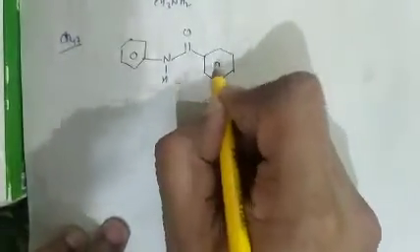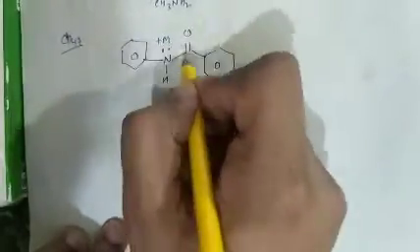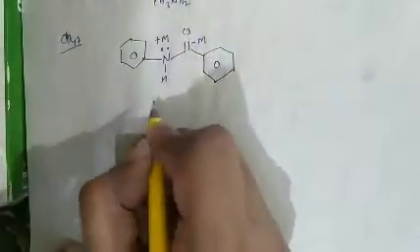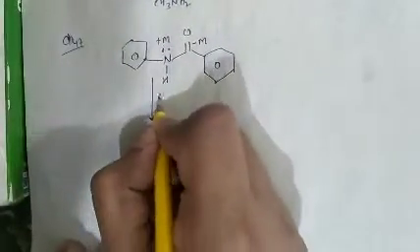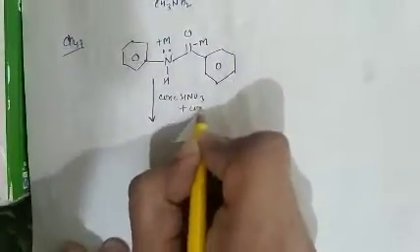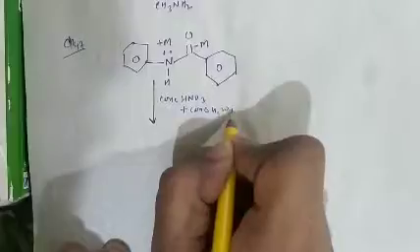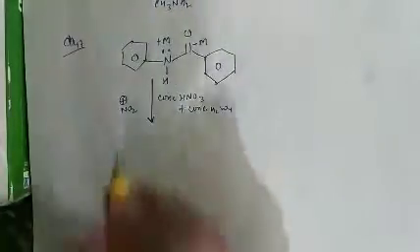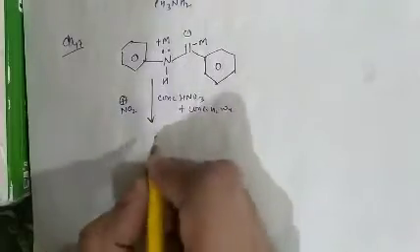As we can see, the lone pair of electrons makes it plus M and C double bond O makes it minus M. And we know that the electrophile in this reaction, concentrated HNO3 plus concentrated H2SO4, will generate the electrophile NO2 plus. So it will generate the electrophile NO2 plus. And plus M